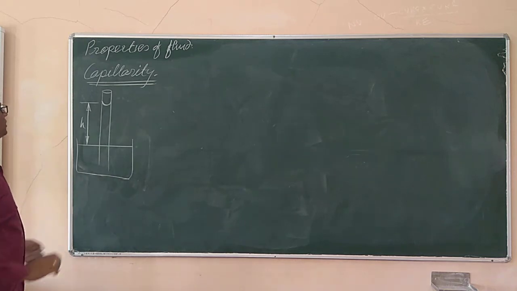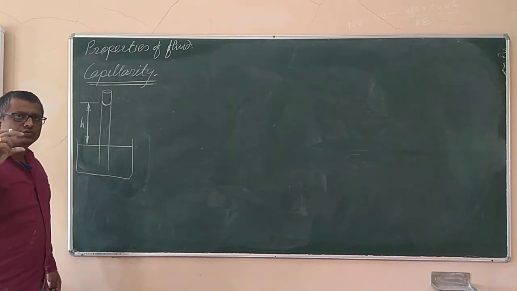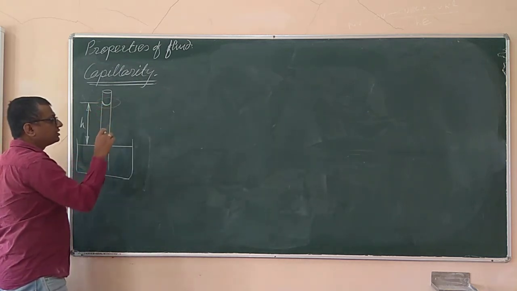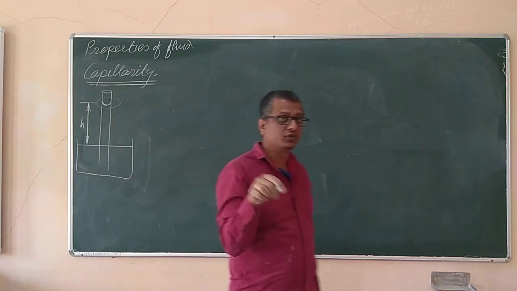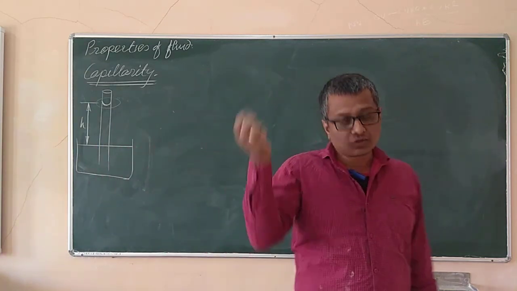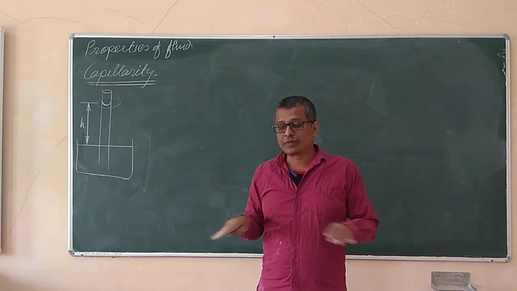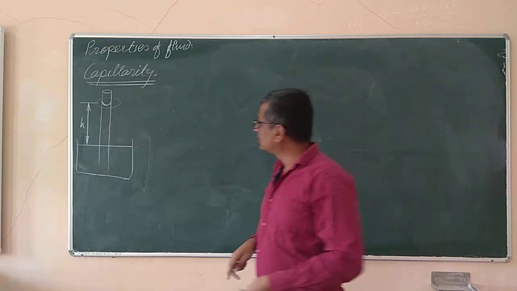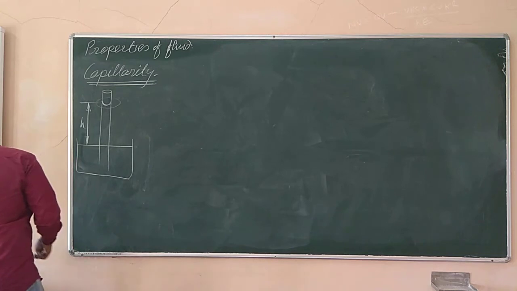Now, if you observe that capillary rise in the capillary tube very carefully, in the top region, the free liquid surface inside the capillary tube, the top surface of the column of liquid, you will find it's not exactly flat but curved like this. And this curvature, I would like to take aside. I would like to draw the figure separately for that.